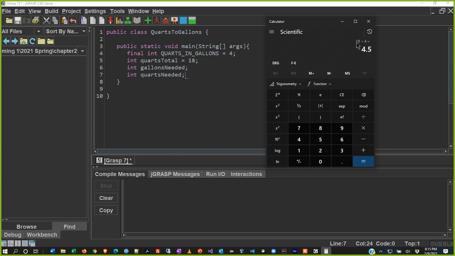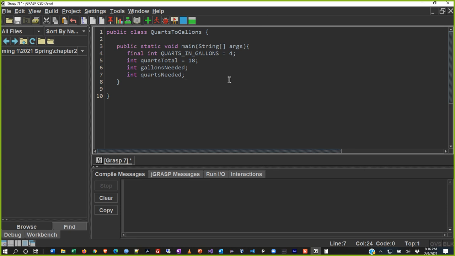Now notice the math that I did. I divided the total number of quarts by the number of quarts in a gallon. And if you listen to how I said that really carefully, that is the clue to writing this program. So here's what we're going to do. We're going to figure out first how many gallons we need. So I'm going to take that variable, gallons needed,